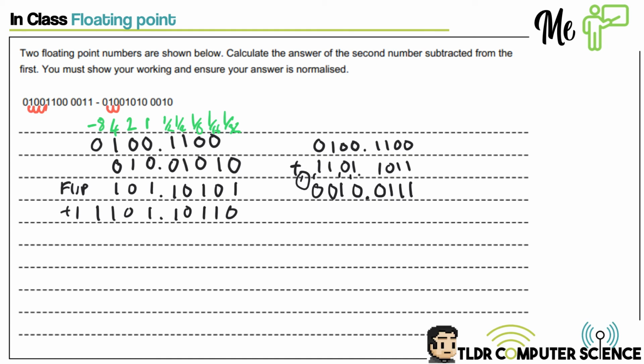And so this value here is 10.0111, and now I need to, is it normalized? So how do I fix that? Why is it not normalized? It's not 1.0. It's not 0. And this is the point where it's actually important that you've paid attention as to whether you think it's positive or negative, right? Because if I thought it was negative, I could just move that by 1 and say it's 1.0 something. But is it negative? So because it's positive, we will go there, and I'll rewrite it as